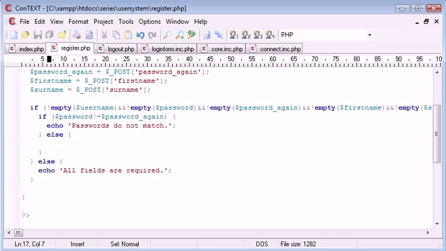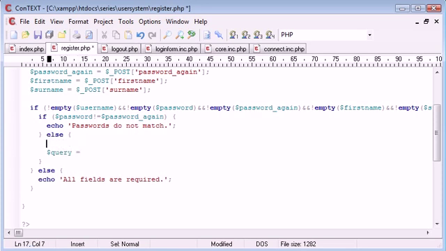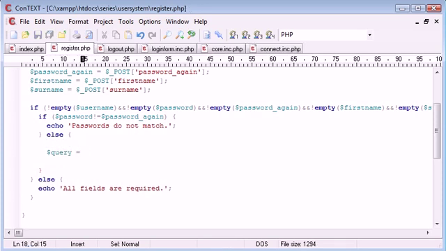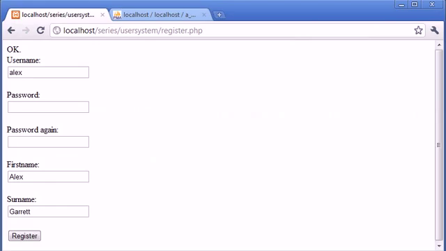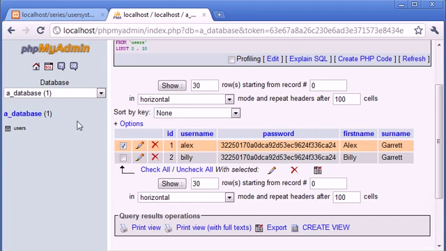Now we need to create a query. Let's just pull this down so we can have a bit of space. The query is going to be select, and we're going to select username from, so let's just pop this in apostrophes, select username from users. So remember, we're selecting, let's just go back to here, we select username from users